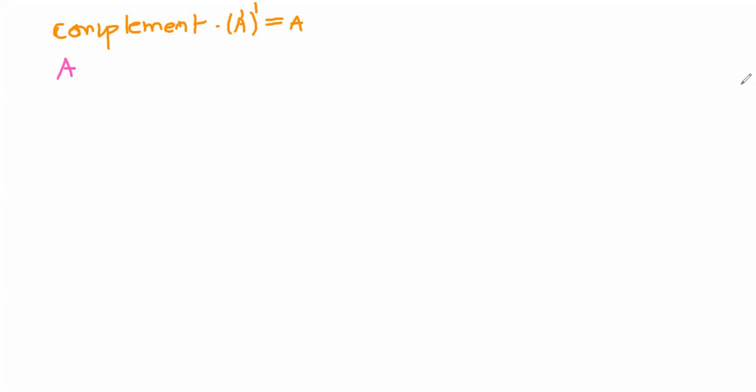So we learned the AND operation, and in the AND operation what did we learn? A and A is equal to A. A and with 0 is always 0. A and with 1 is always A. A and with A complement is how much? 0, right? A with A complement is 0, right?